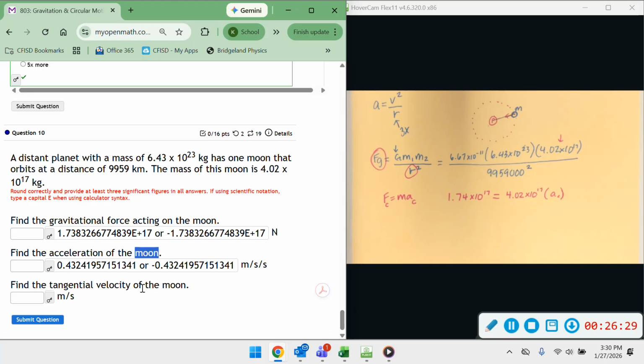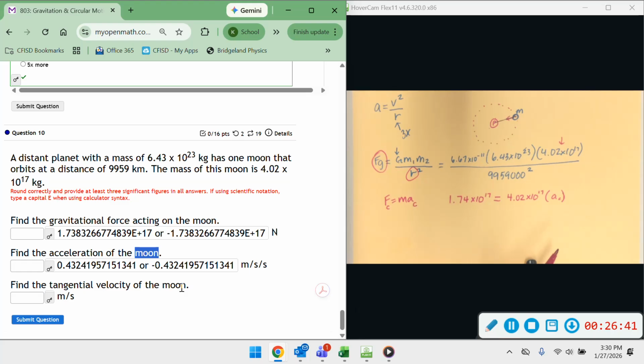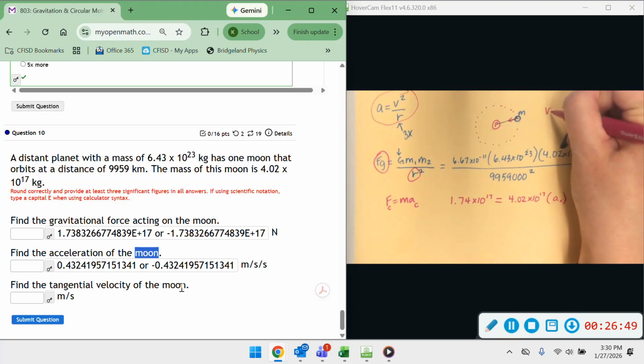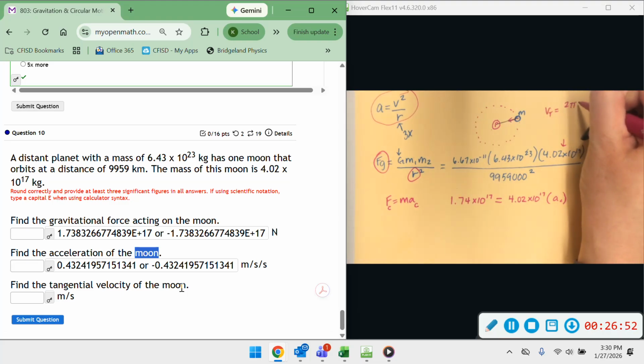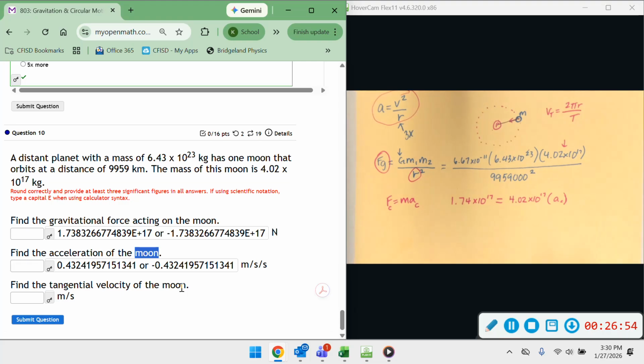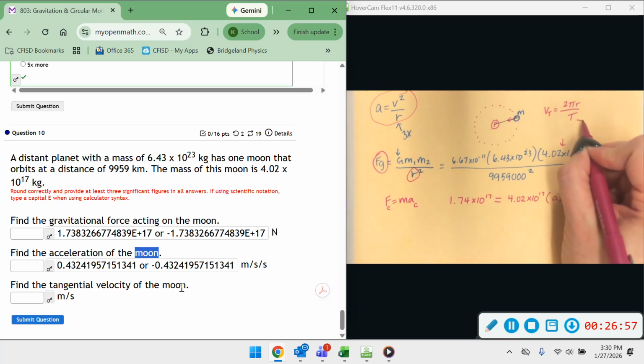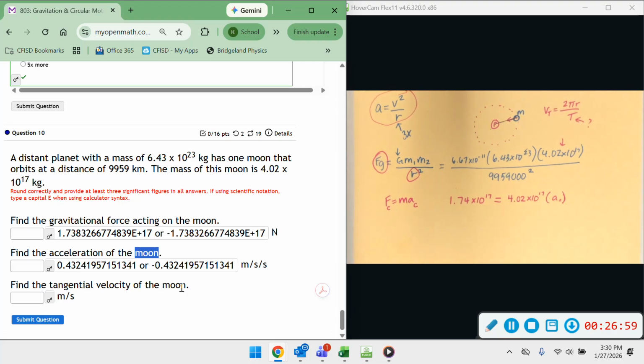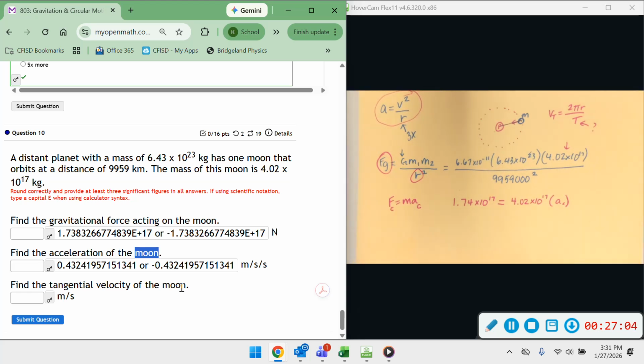All right, last question says, find the tangential velocity of the moon. So now that we know the force and the acceleration, we can look at our equations and see which one we can use to find tangential velocity. Again, there are two formulas that have tangential velocity in them. This is one of them. The other one is tangential velocity equals 2 pi r over period. I can't use that formula because I don't know the period. So I can't solve for tangential velocity with this, but I can use this because I do know a,